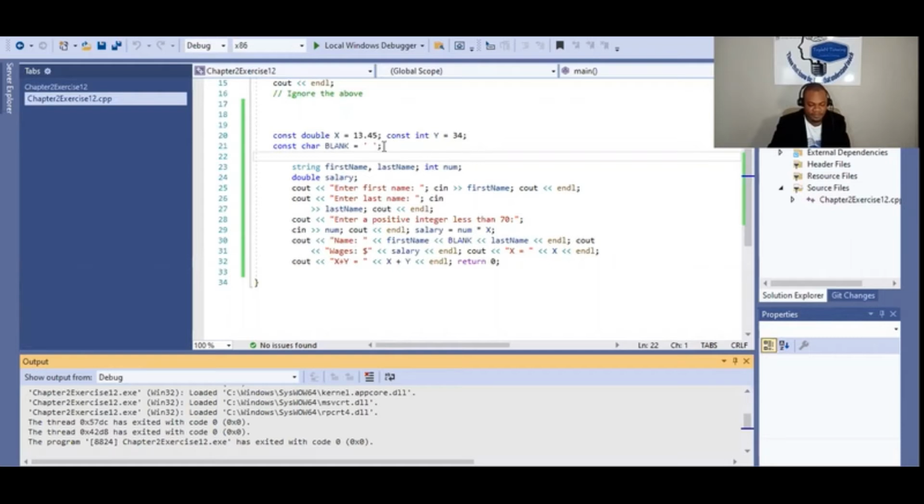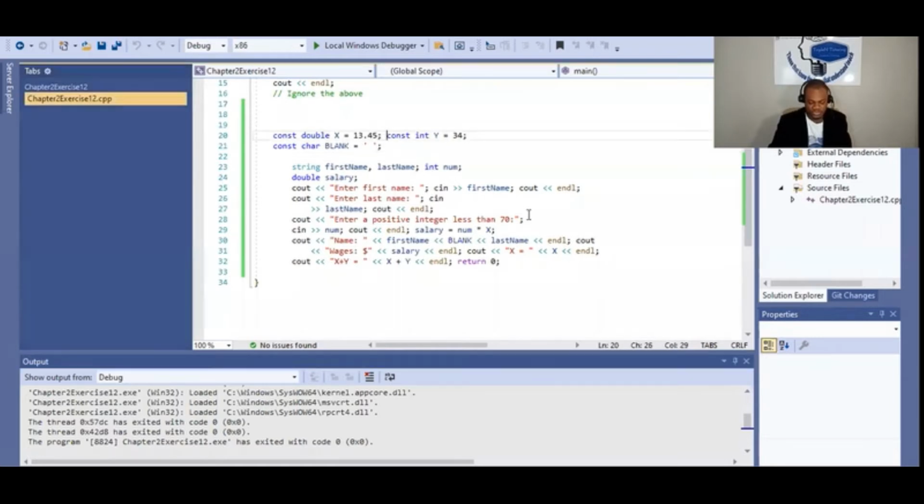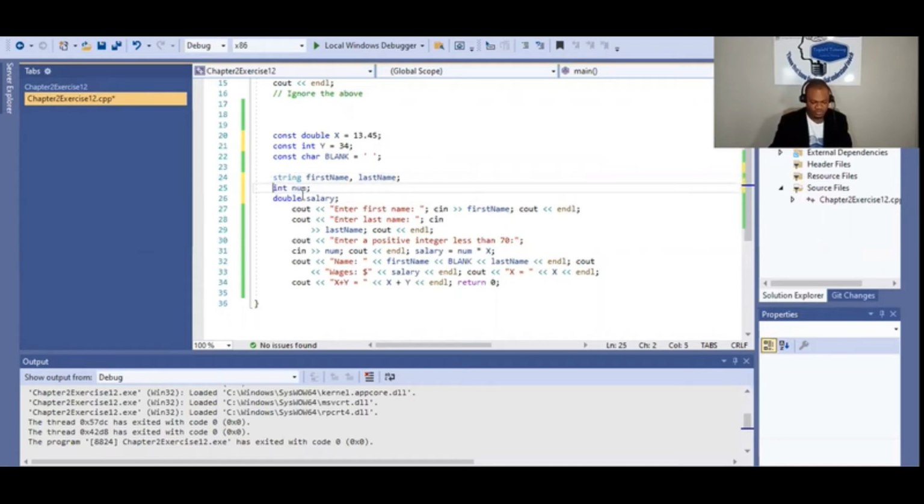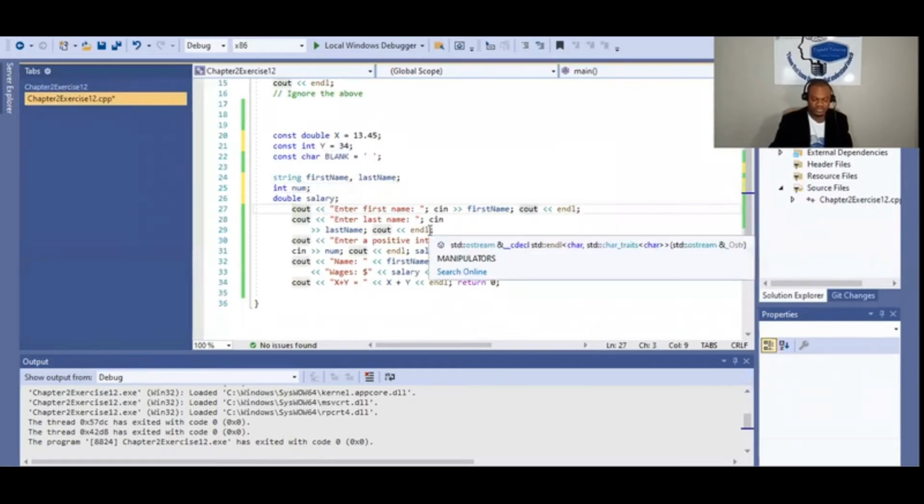So over here, I prefer to declare my constant variable like this. And then over here, I have a string variable, I declare salary, and I have another int variable there. I prefer to do it in separate lines. And then over here,